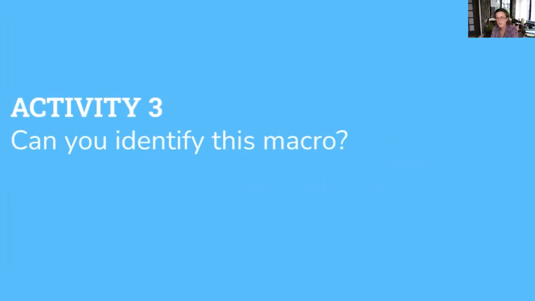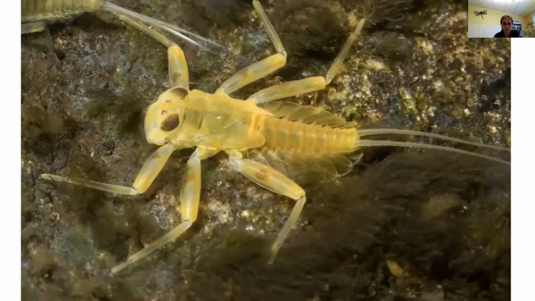Do you want to try the third macro or the third? Yeah, let's do this. Go ahead and do the next slide. Try to identify this critter. You may already know it, but the next slide should have a picture. I know it's kind of challenging just to see one image and do this, but give it a whirl with that section of the ID part of your flashcards. Go to the middle that says ID help, and once you think you have your answer, go ahead and put it in the chat.